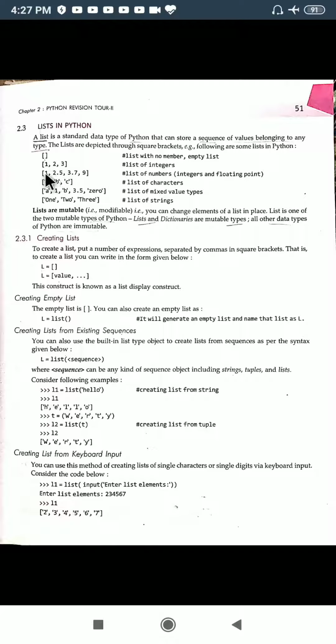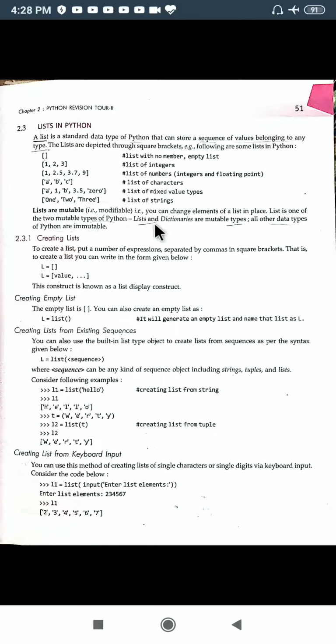This will be list 0 element, this will be list 1 element. So if I write list[1] = 3.5, then it will change it. The new list will be: first element will be 1, next element will be 3.5, and next element will be 3.7. In this way we can change the elements of the list, so we can say lists are mutable.